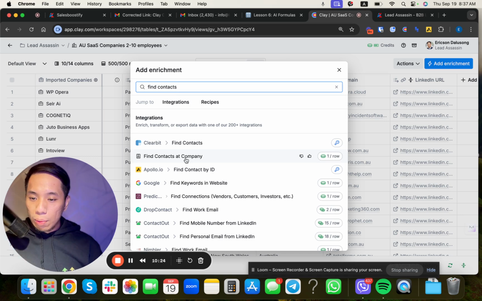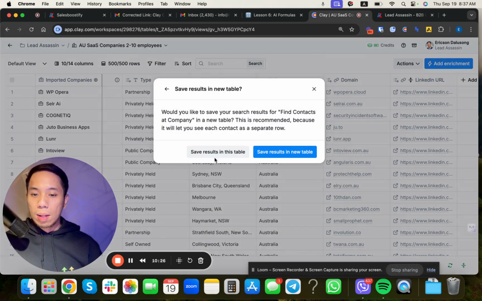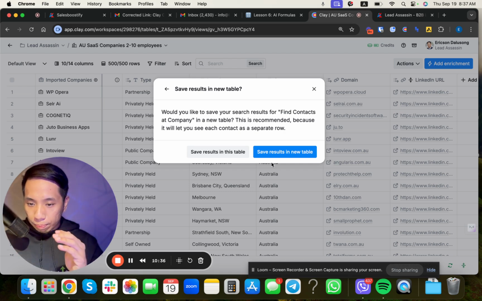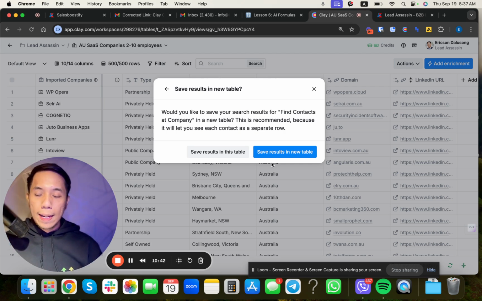So let's say we are going to select find contacts at company. So if you are only looking to enrich companies that are located in Queensland, you don't want to run the enrichment for all rows because it's gonna cost a lot of credits. And for you to be able to run a specific row, you have to use the AI formula or the conditional run.